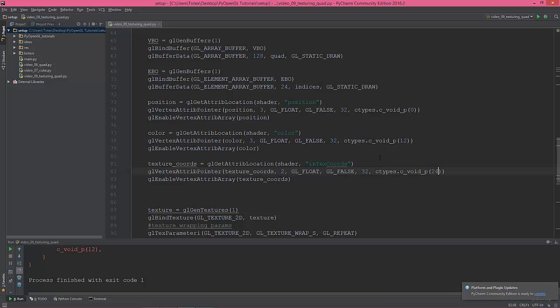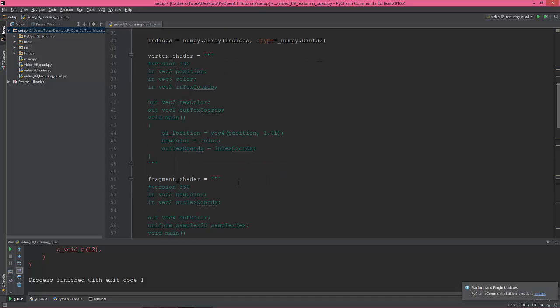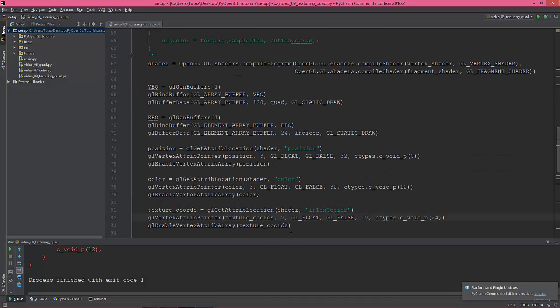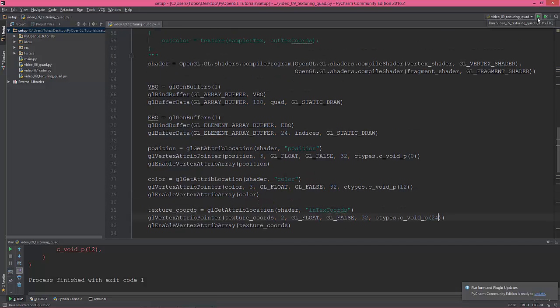Yes, 24. At 12 starts the color, and at 24 starts the texture coordinates here in this array. So it won't work yet. I'm gonna run it,